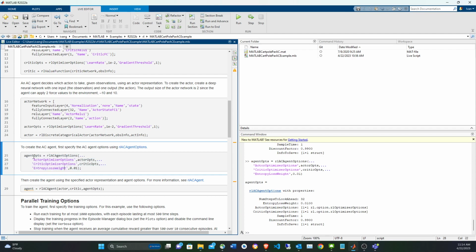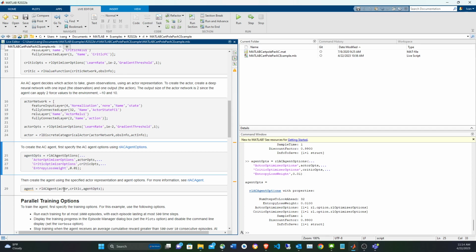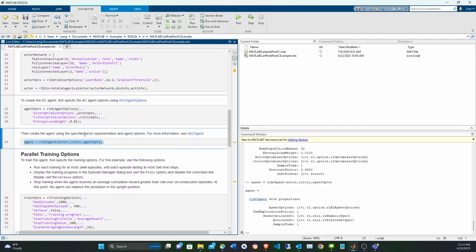Yeah. So now you have the agent options. You have that carries the actor and critic options. Then you have the actor and critic. Then we can create our agent, and now we should be ready to train it after we specify the training